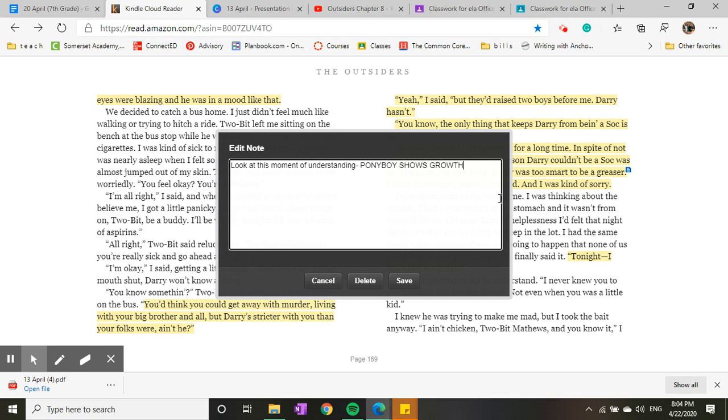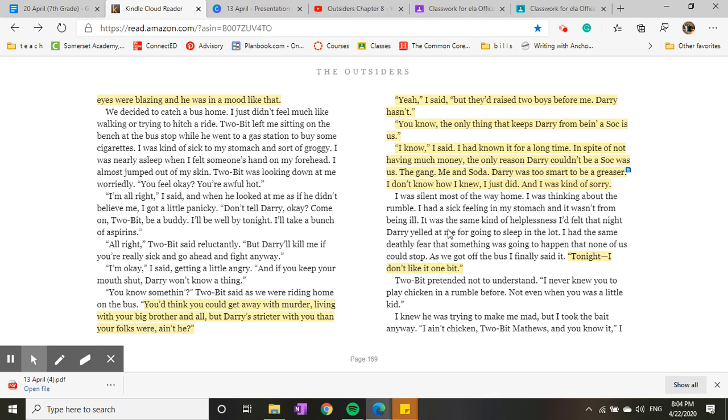Okay, so if we're talking about characterization, look at Ponyboy go, okay? He's actually understanding his brother Darry. They've had this breakthrough, and now he's talking about how Darry has to become a parent and how it's probably stressful on Darry because he was never a parent before. And then it's talking about how Darry is in this situation almost because he has to be, but also, he is sorry for him, but at the same time, he is part of the gang, and that's important to him. So it shows him at least understanding and empathizing with Darry.